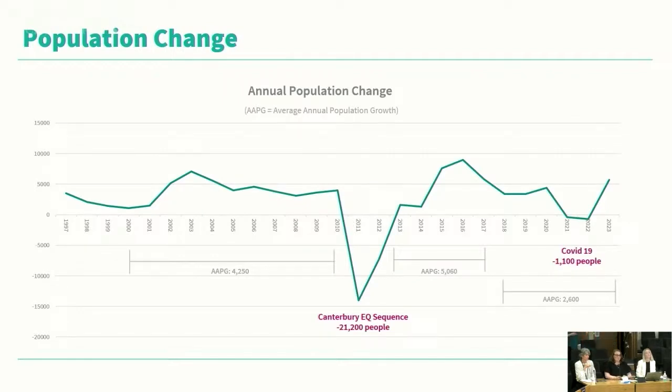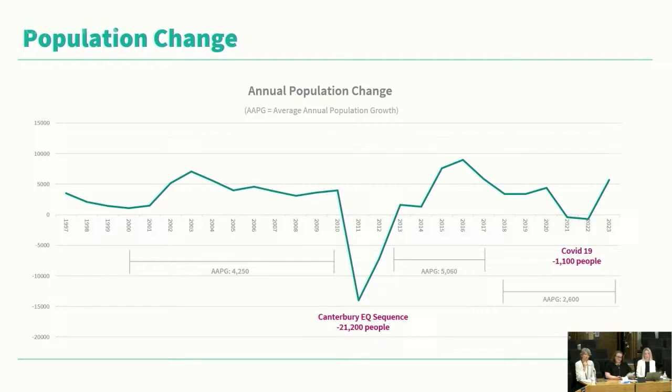So we're going to take a bit of a look back to understand what has happened and why growth may have changed over the last few years. As you can see in that graph up on the screen, the city has seen some big ups and downs in the past 15 years, and it's probably fair to say that no other city in New Zealand has seen such rapid population change, as you can see in the middle of that graph. In the 10 years pre-quake, the city was growing by around 4,250 people per year on average. There was some variance year on year, but generally it was relatively consistent.